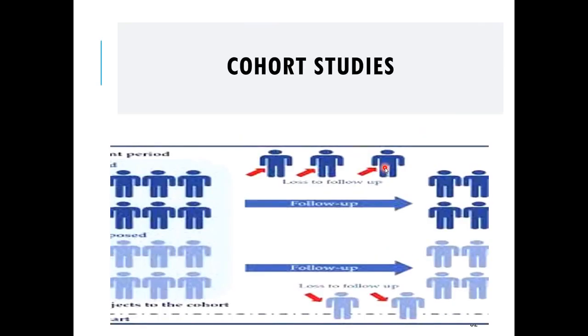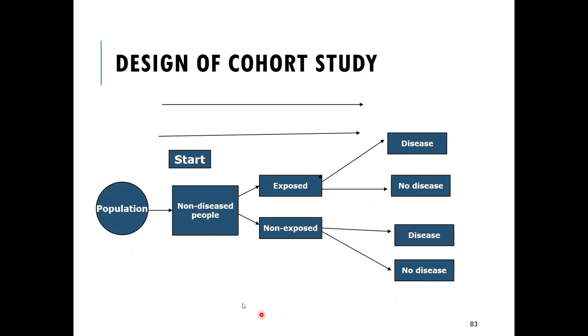Very, very important slide. So in a cohort study, a normal healthy population is divided into two groups, the exposed and non-exposed, and followed over a period of time to assess disease occurrence. This is the population. A normal healthy population makes a cohort. You will start the study design here, and you will move forward in time. You will divide the group into two, exposed and non-exposed.